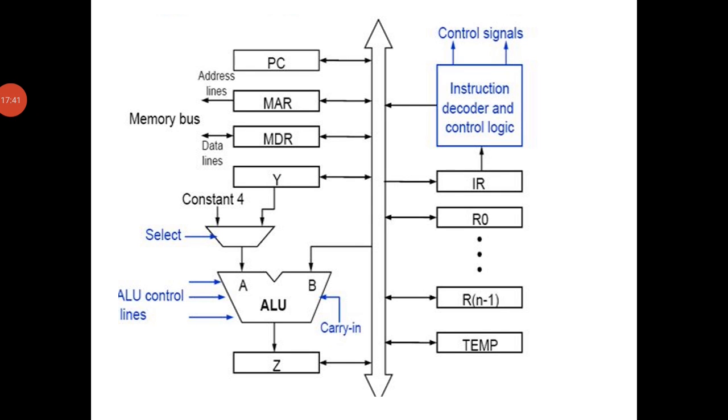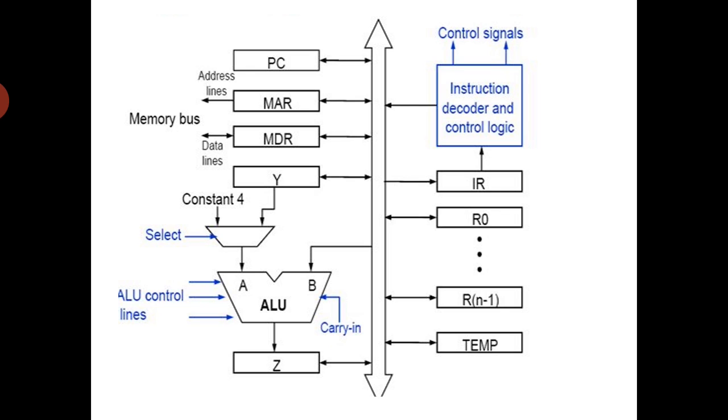In the case of an ALU, the ALU has ALU control lines. How many control lines do we have? Suppose I design an ALU that can perform 8 different operations, either arithmetic or logical. For these 8 different operations, my ALU will have only 3 control signals, from 000 to all ones, meaning 0 to 7. So a total of 8 operations will be selected by using 3 control signals.